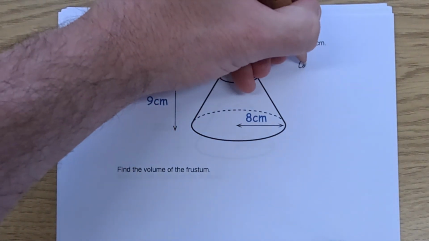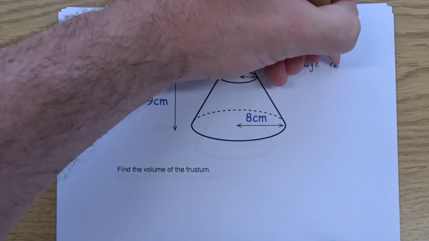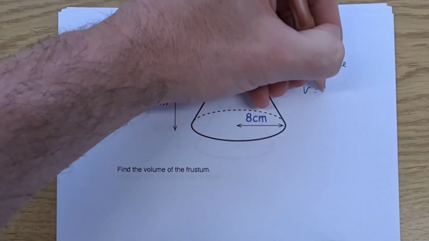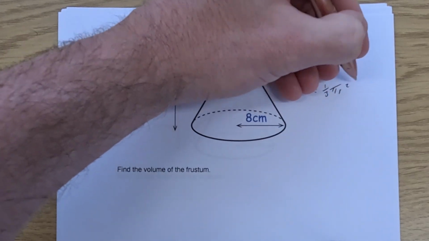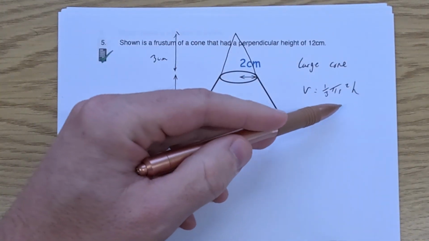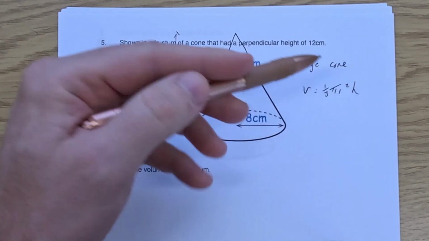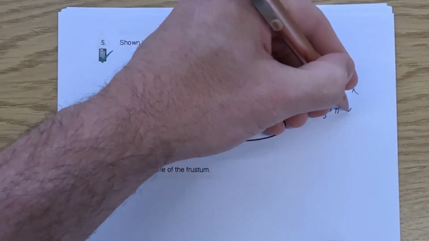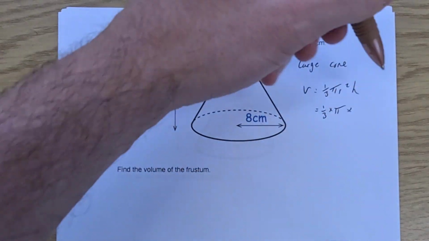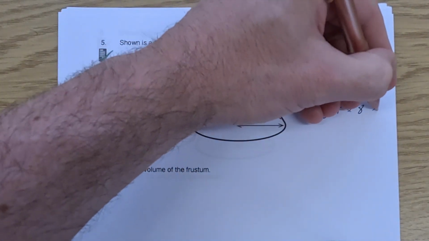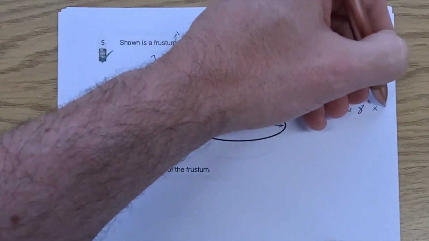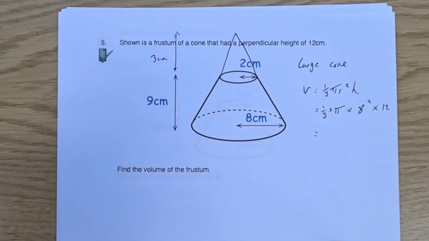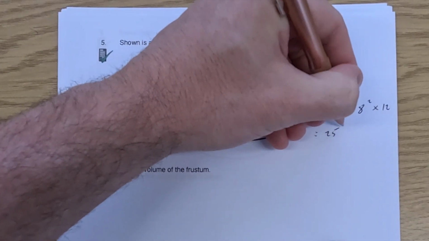So let's write that down, large cone. For the large cone, the volume is equal to a third pi r squared h. A third, the area of the base times the perpendicular height. So for the large cone, that'll be a third times pi times the radius of the base, which is 8, squared, multiplied by the perpendicular height, which would be 12. And when we work that out, we'll find the volume of the large cone, and that is equal to 256